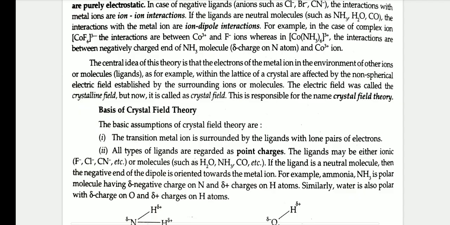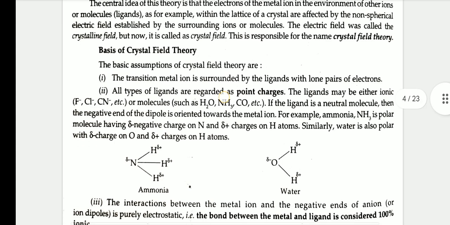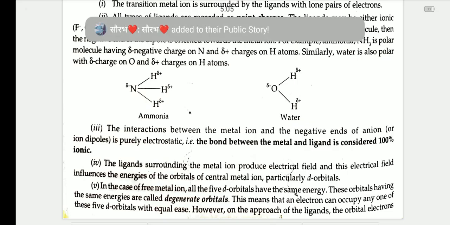Similarly, water is also polar with delta negative charge on O and delta positive charge on H atoms. This interaction between the metal ion and negative ends of the ligands is purely electrostatic. The bond between the metal and ligand is considered 100% ionic. The ligands surrounding the metal ion produce an electrical field, and this electrical field influences the energy of orbitals of the central metal ion,